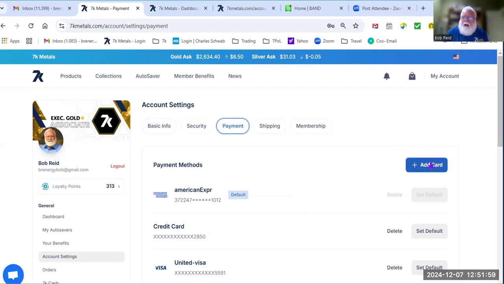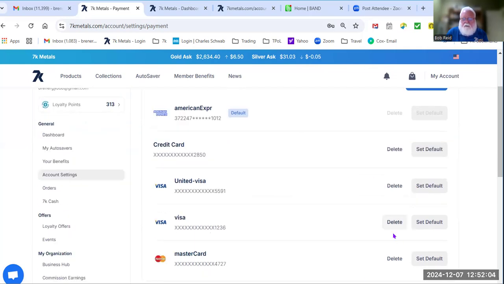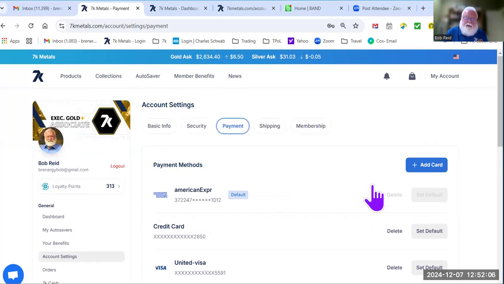Well, that's when you add another card. And once you add a card, then you set it to be the default card, because the one at the top marked default is the card that they will use to make charges, especially for your autosaver. Okay. So once we've got that set,